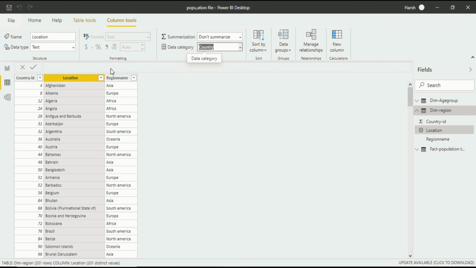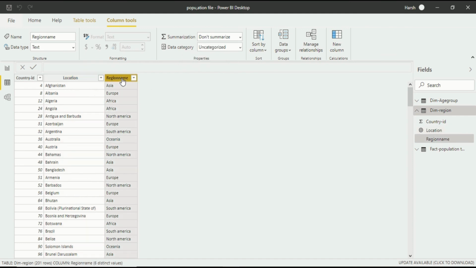Now we will repeat the same procedure for the region name, but it is different. You can see it's a continent, it's not a country. Again you will see the data type is text, format is also text, but the data category is uncategorized, which is not according to us because the region name is continent, but Power BI Desktop doesn't detect it.